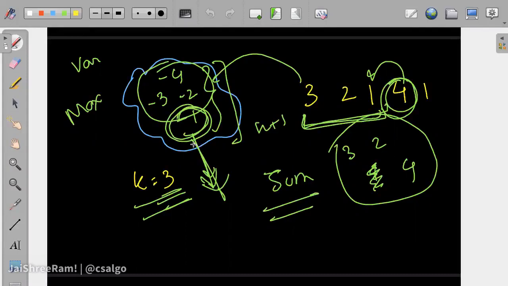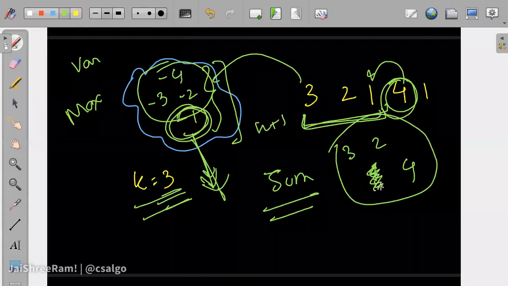Exactly. So that's the problem. That's the question, and that's where you will have to think about how you can maintain that. So here comes the usage of some problem solving idea. How can you maintain this thing? Take this case: when you remove this one, let's suppose, and then you inserted 4. Let's suppose I now remove 4 from this set. Then you had to put that one back, right? But how do you know which one came back?